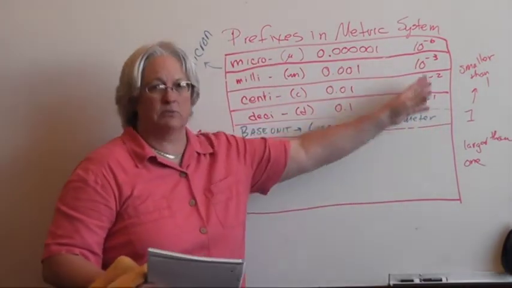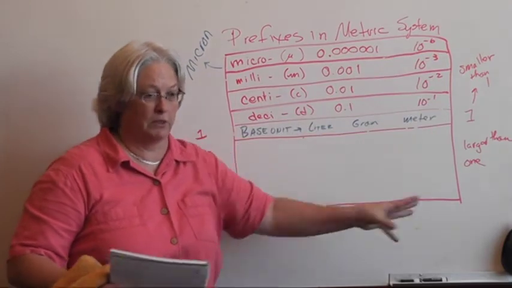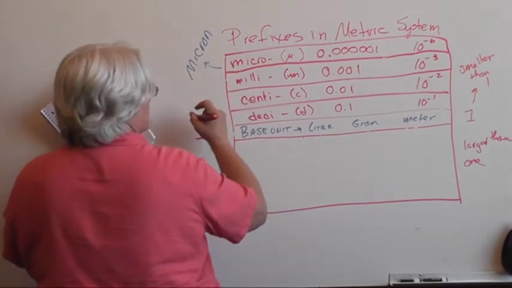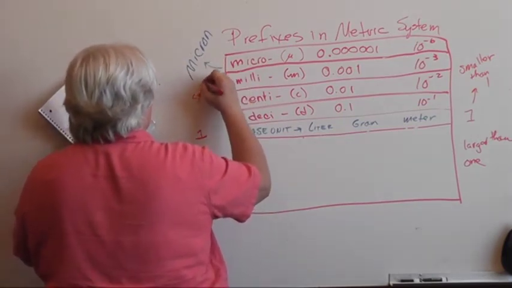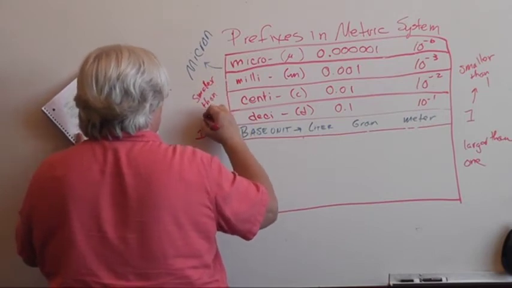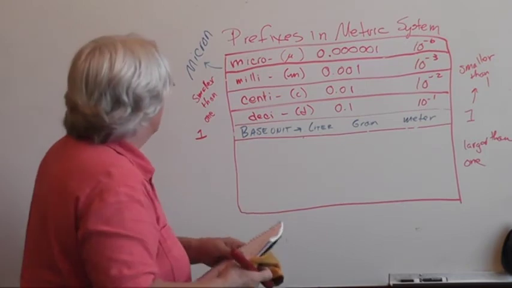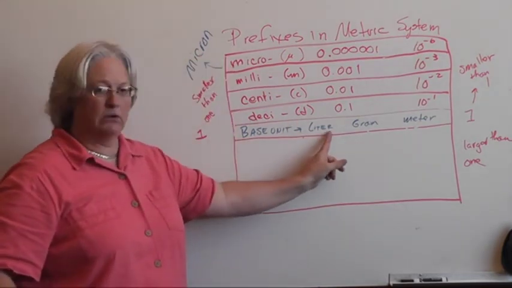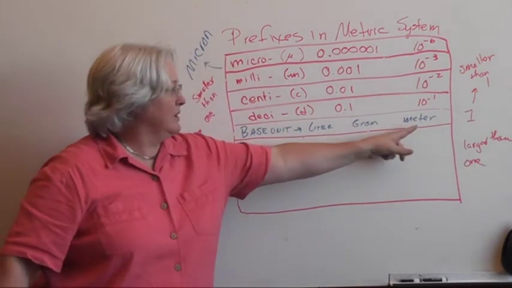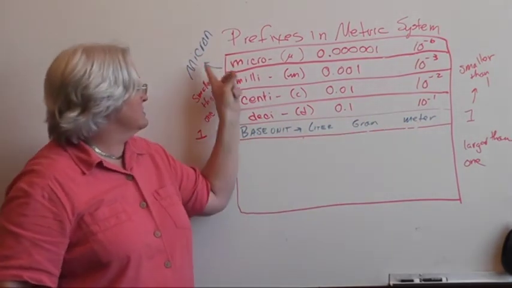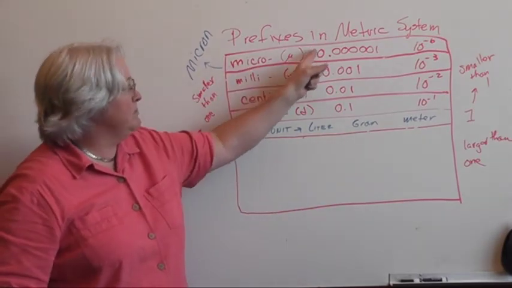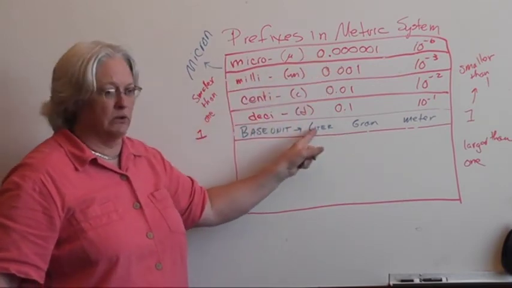And these negative exponents over here, this is what we're going to be using with the metric system. All of this is smaller than 1, whatever your base unit is. Like a microliter, this micron right here is, instead of being a micrometer, it's a micron, but you still have a microgram, a microliter. So it takes 1,000,000 microliters to make 1.